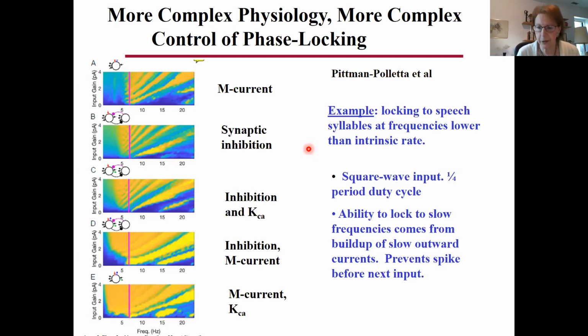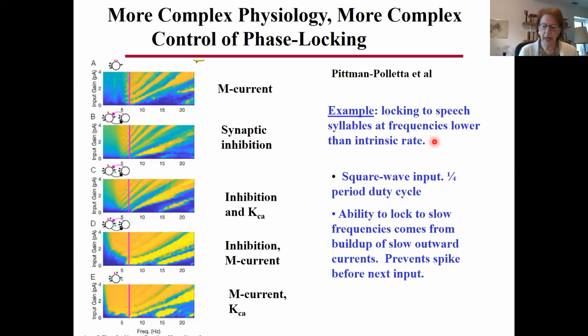So what role do oscillators play in this? It's believed that there's a natural frequency in the auditory cortex, which is about 7 hertz, which is significantly higher than most of these syllables. That somehow, that locking to, and there are theories about this I'm not going to go into, that the brain needs to be able to identify, segment out those syllables, and it uses the oscillator to do this. There's an immediate issue here because the frequencies that we care about are lower than this intrinsic rate, which is about 7. And